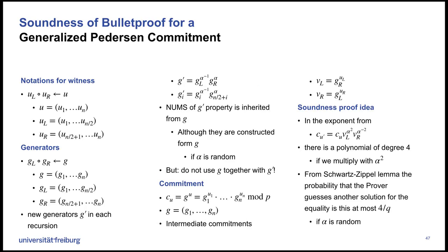So how do we convince the other person that this is the case? Okay, so let's call it the soundness proof idea. This is just what we can refer to it. So if you look at this exponent here,